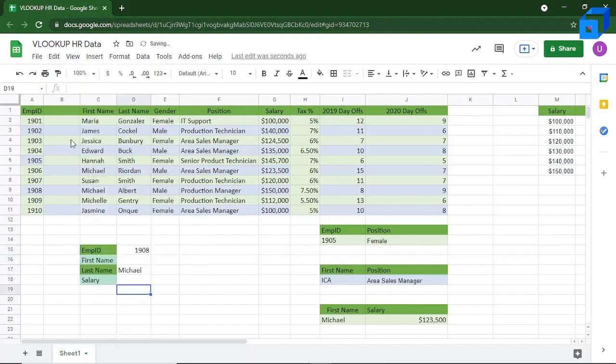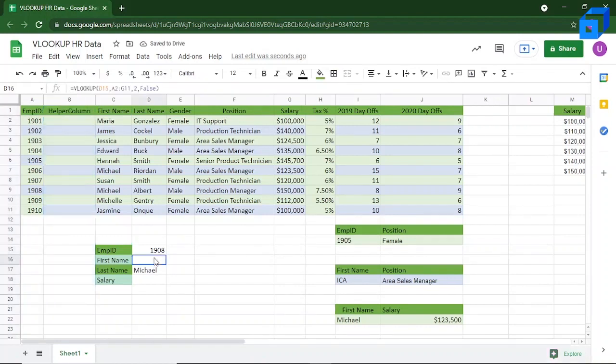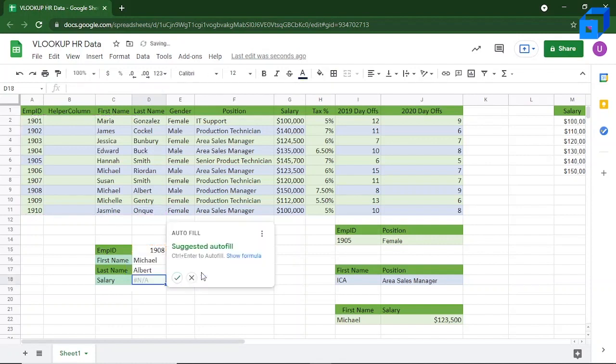Okay, now let us name this the helper column. This VLOOKUP value, we need to change it to C2 now. D15, and that'll be 3. And last name will be 4. Let's cancel this like earlier.